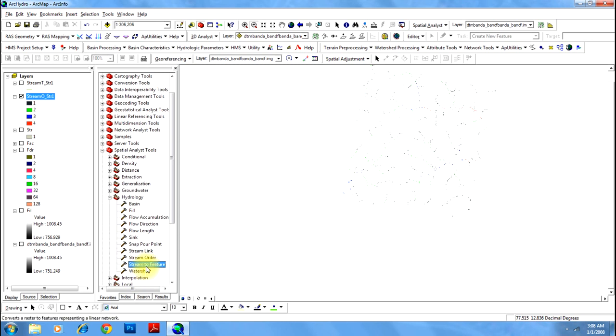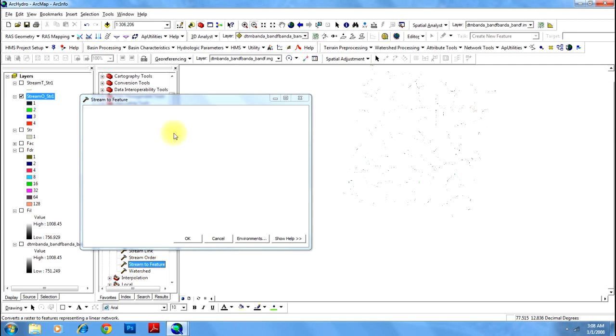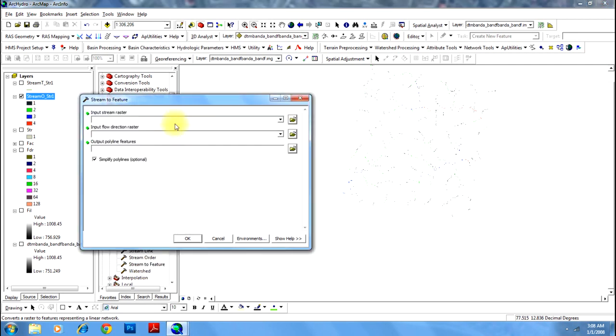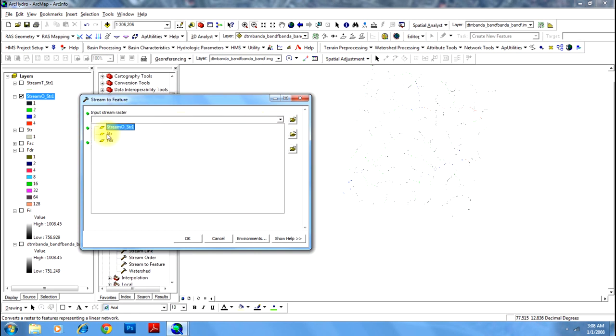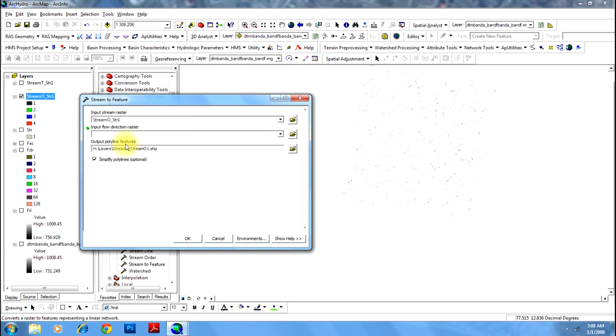Go to the same function again, stream to feature, and select the input stream as stream order, and flow direction is FDR as usual, and click.